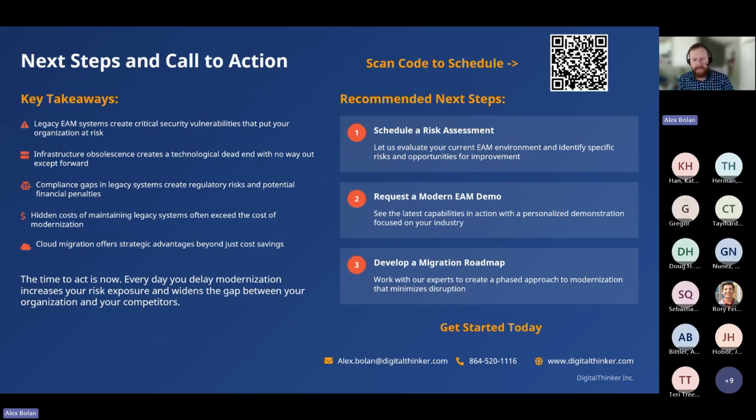Or we can band together on this. We can lock arms and move forward, face the reality that modernization is coming whether you like it or not. And it doesn't have to be expensive and it doesn't have to be complicated, but we need to do it before it's too late. The vulnerabilities are real. The compliance requirements aren't going away anytime soon. And your people just need better tools.